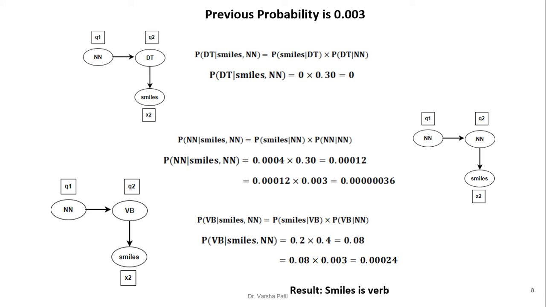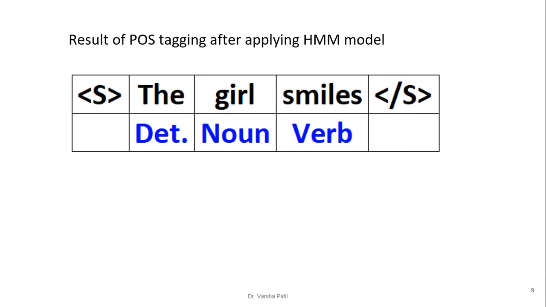So in this way we apply the Viterbi algorithm to determine the part of speech tag. The result of part of speech tagging after applying the HMM model is: "that" is a determiner, "girl" is a noun and